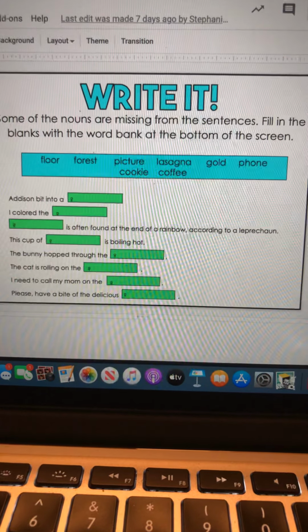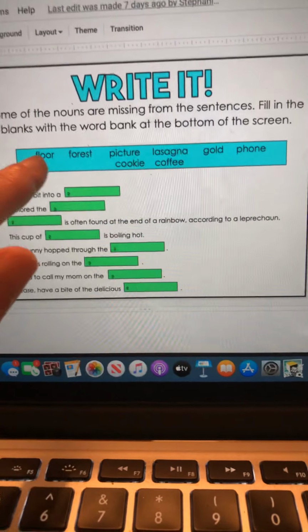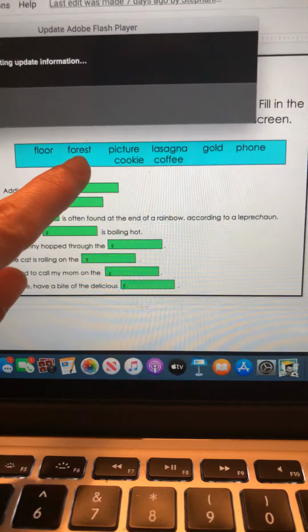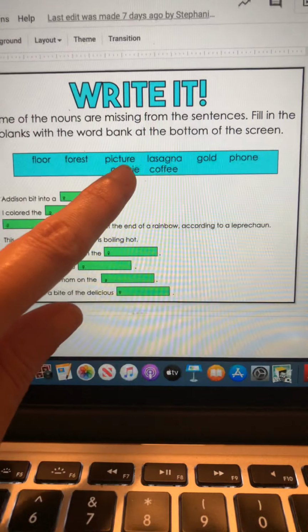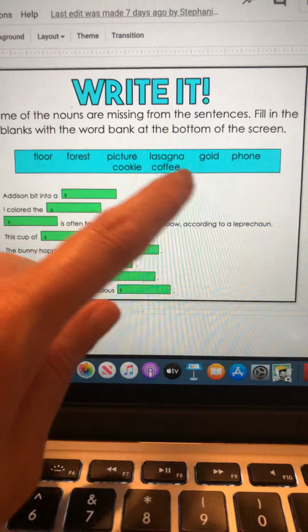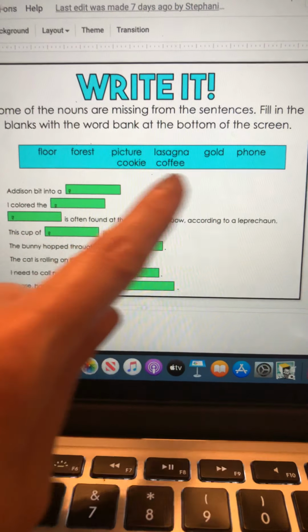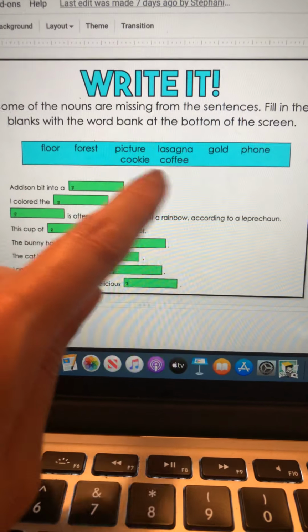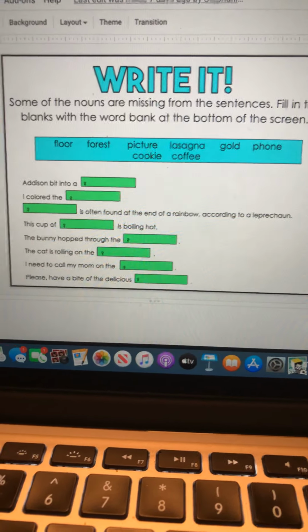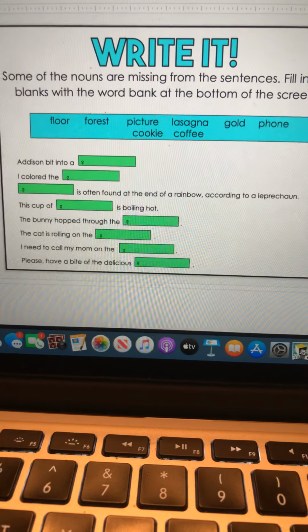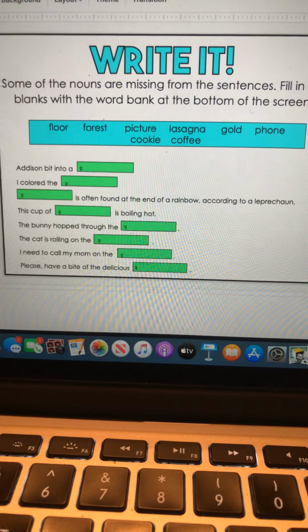All right, so I'm going to read the words in the word box first. We have floor, forest, picture, lasagna, gold, phone, cookie, coffee.